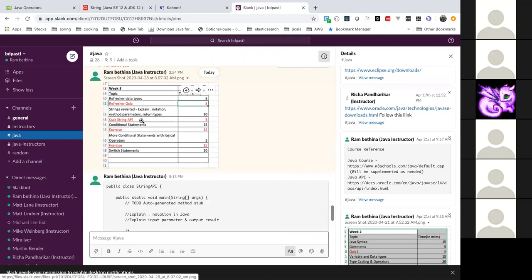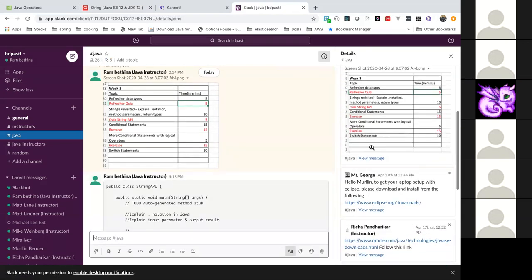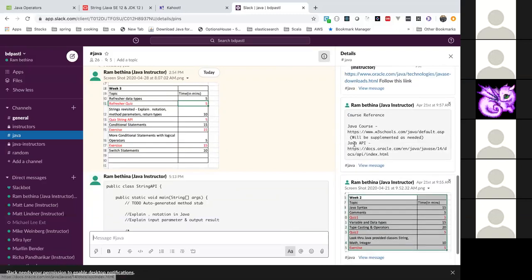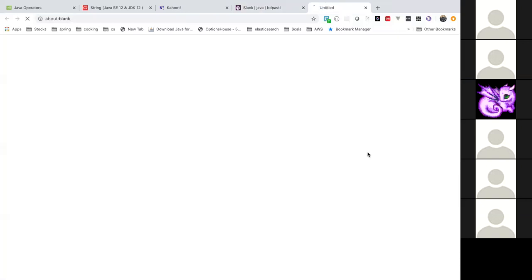Okay, so the next thing we're going to look at is the string API, and then you will go through and answer the questions. Basically you'll have to go through the documentation of the string API, and there are 4 methods that I give you, and I'm asking you a question: which method should I use, okay? So if you don't have the string API in front of you, I would recommend you pull this up. If you go to the pinned items, you should see a link to the Java API docs. You can click on that